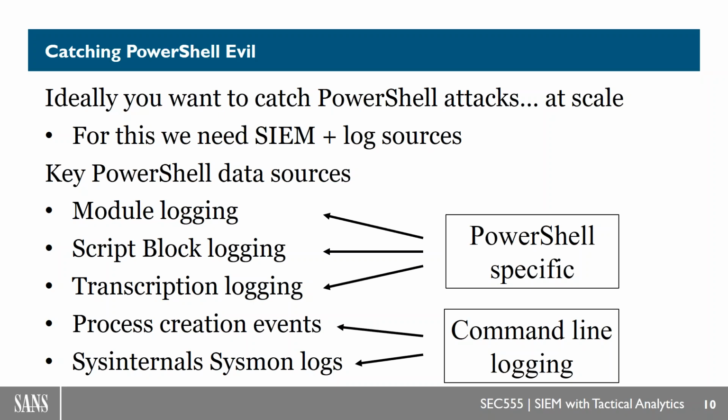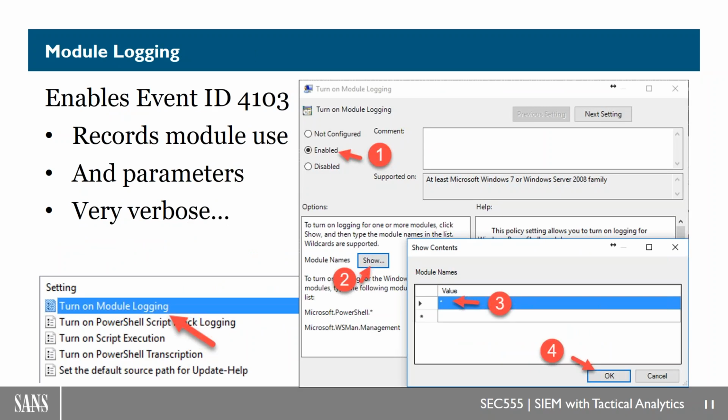Okay, things like process create events, 4688, or some Sysmon internal logs like DLL requests, like Sysmon event 7, and those types of things. Okay, so let's look at some of these specific PowerShell logs. One of the ones that came out with PowerShell version 3 is module logging. You can enable it through group policy, right? You go to computer configuration, administrative templates, Windows components, Windows PowerShell, and then it gives you this pop-up here.